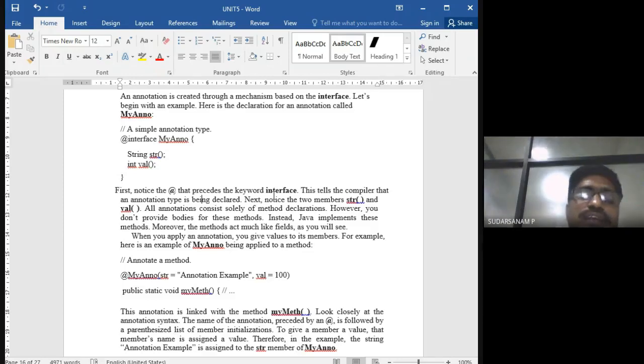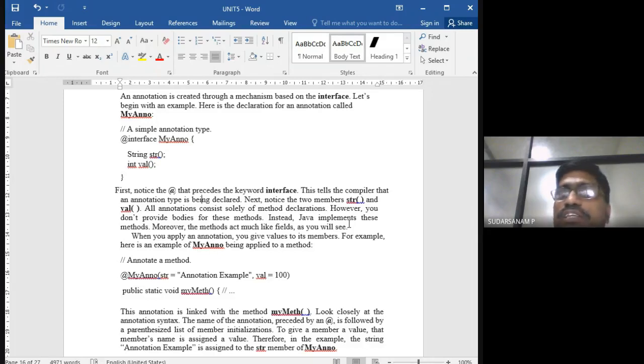Now let us see what is inside. Next, note the two members, one called str and another called val. So two methods we have taken. The first is of string data type, another is integer data type. All annotations consist solely of method declarations. However, you don't provide bodies for the methods.